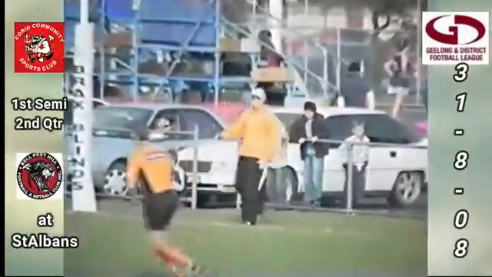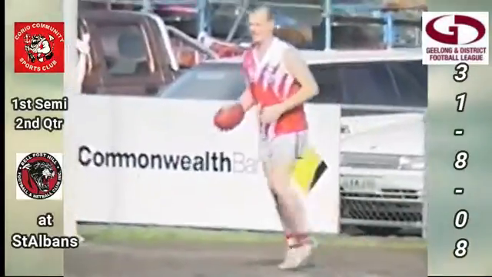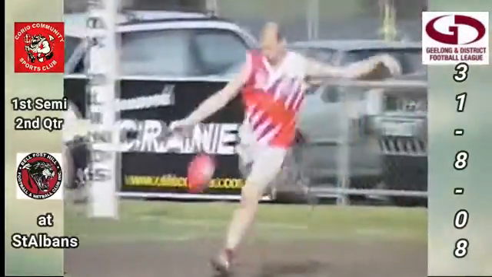Hurst goes goalwards. A long, long kick. It's a magnificent shot, but it's across the face of goal again. And another opportunity. Corio 2-3-15. Exhaust Brothers second quarter scoreboard. We've gone past 22 minutes.